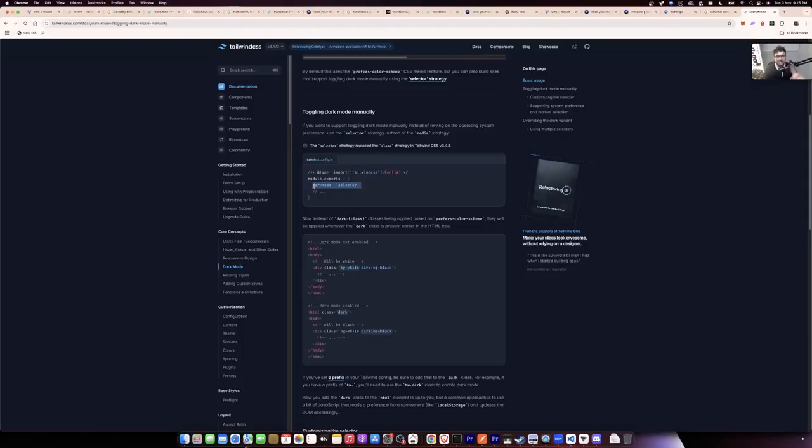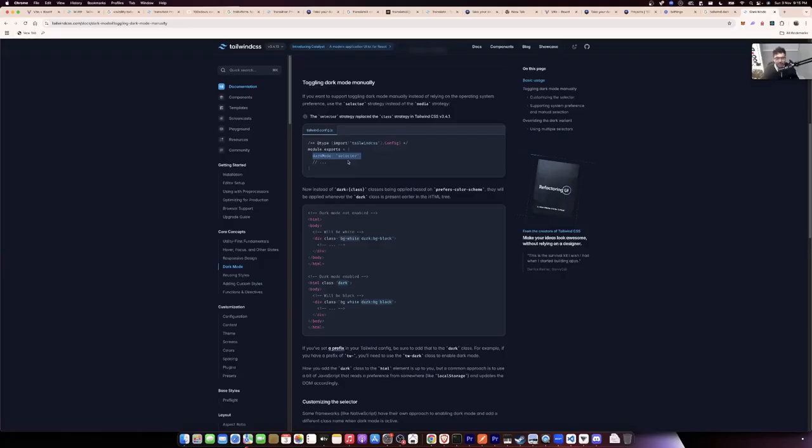ये मैंने डाल दिया था, which is why it was not working. But as soon as I removed it, it started to work. To make it toggleable manually, you can add dark mode set to selector. If you want to support toggling dark mode manually instead of relying on the operating system, अभी तक we are